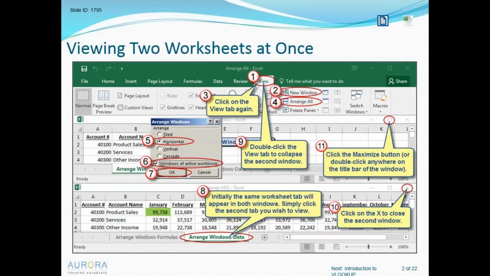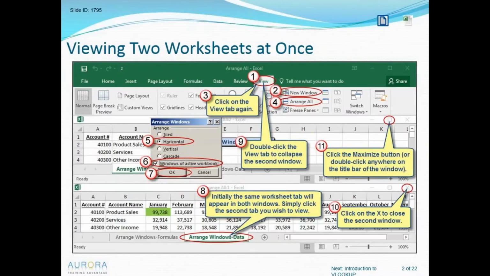So one of the ways that we can improve on that experience is to have the ability to see two worksheets within the same workbook at the same time. Now this is that technique that is going to be a little bit different in Excel 2010 and earlier versus Excel 2013 and later. The reason for the difference is that in Excel 2013 and later, each Excel document or Excel window opens up in its own separate container.